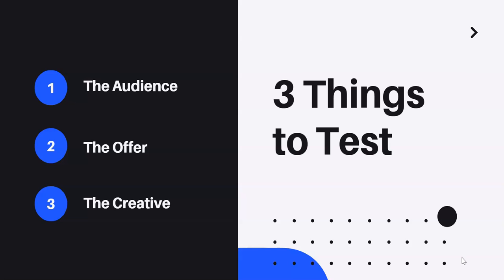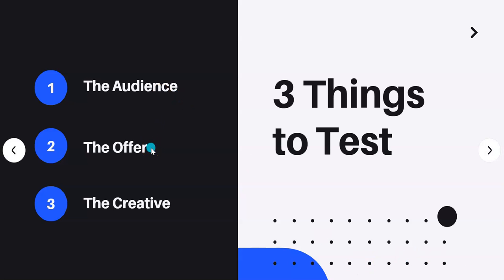And the three things that you need to test, the three most important things to test before you start getting into those silly little things like the color of your button, is number one, the audience, the targeting. There are different approaches to targeting and you should be doing different variations of them. There are different lists that you could purchase from different brokers. Okay, let's test both of them in LinkedIn ads, see which custom audience produces the better results. Let's test a custom audience versus the native targeting already available within LinkedIn and see which one produces the best results.